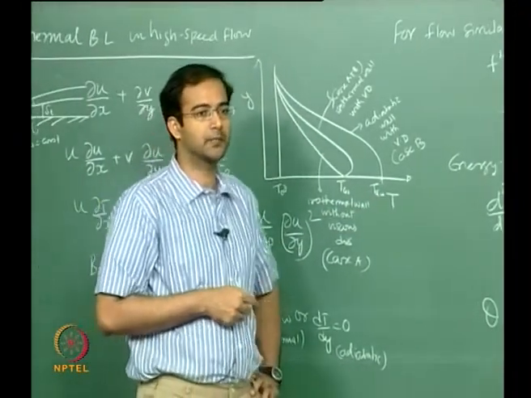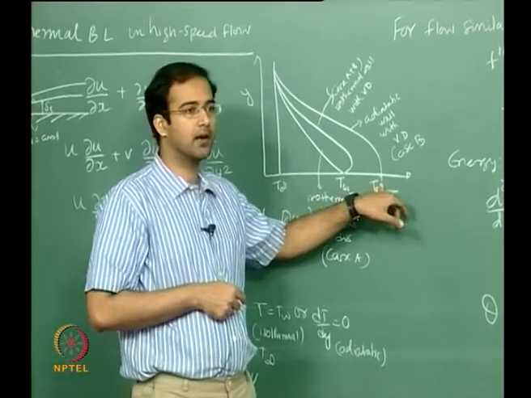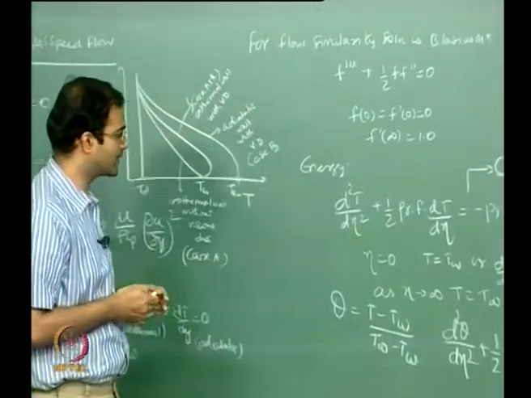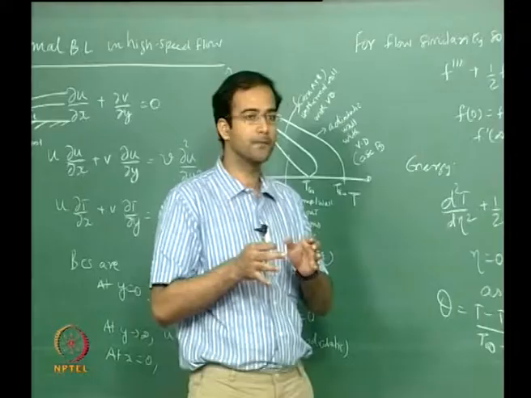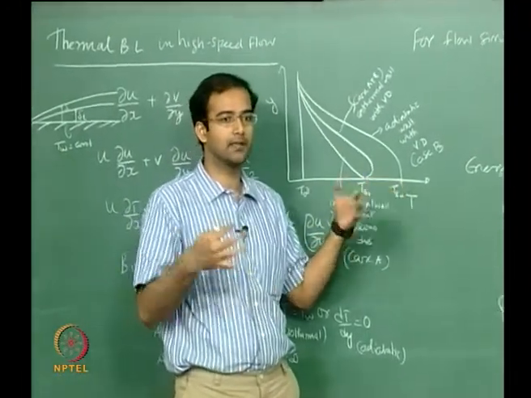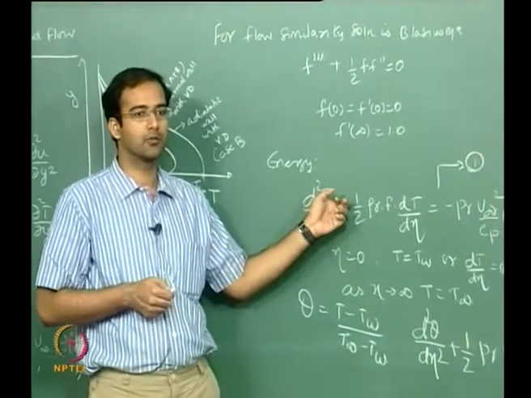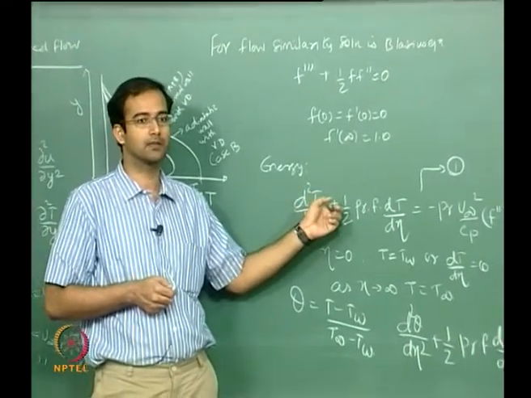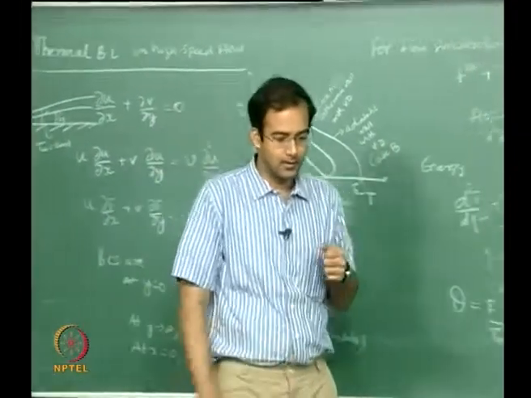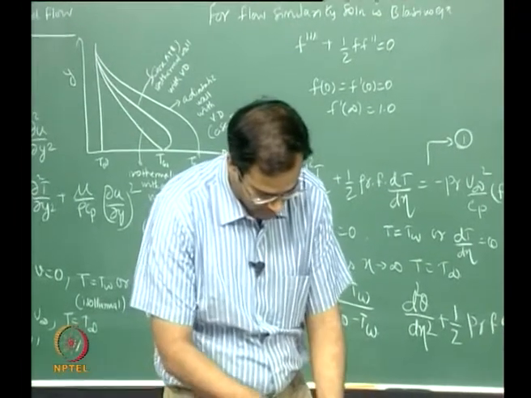Okay, so this gives us an opportunity to analyze the case where dT by dy is 0 and you have viscous dissipation, and what will be the value of this adiabatic temperature. In order to do that, we want to separate the problem into two sub-problems, do them separately, also get information about the adiabatic wall temperature, and combine these two and get the final solution for the global problem, which involves viscous dissipation with an isothermal boundary condition. Okay, so this is what we are going to see today.